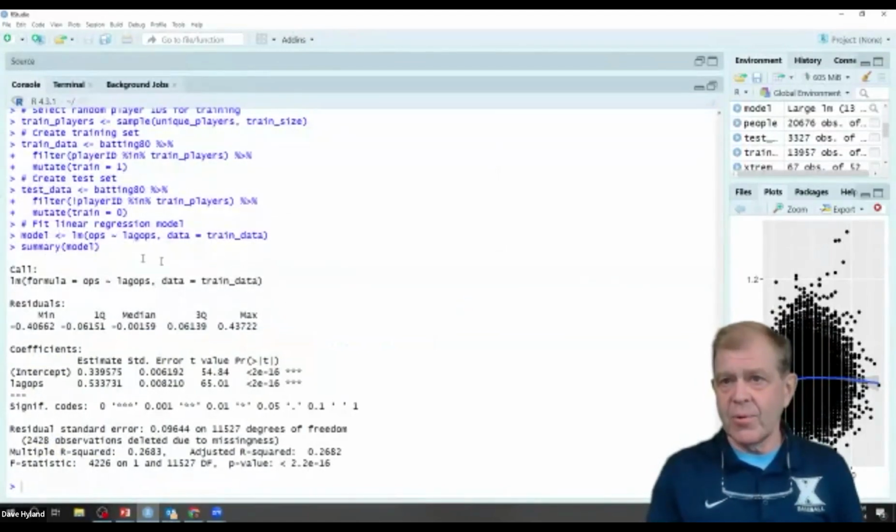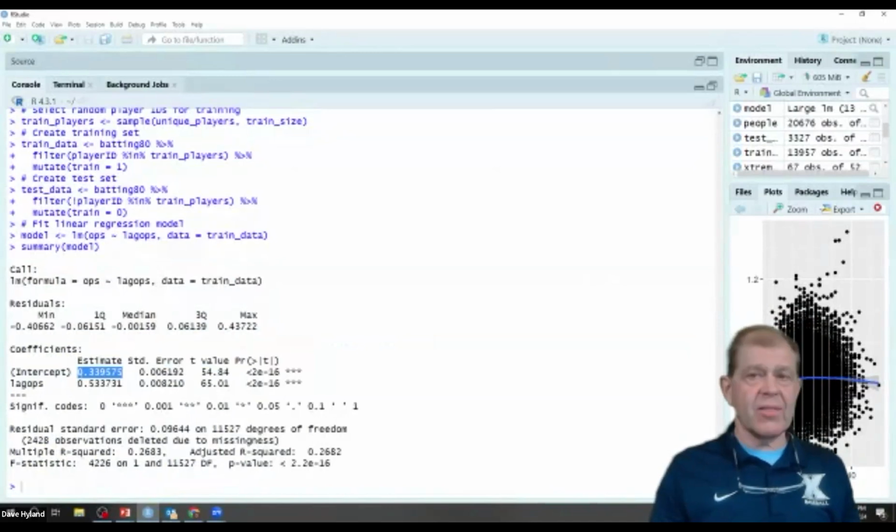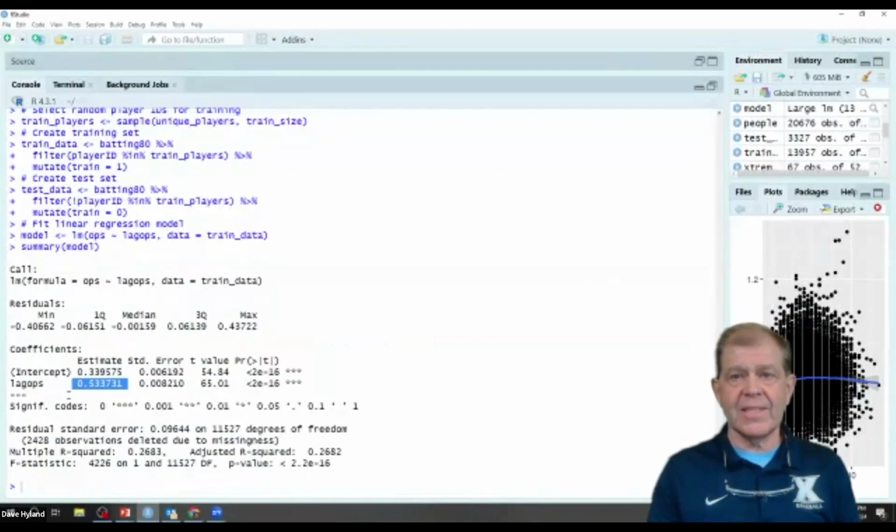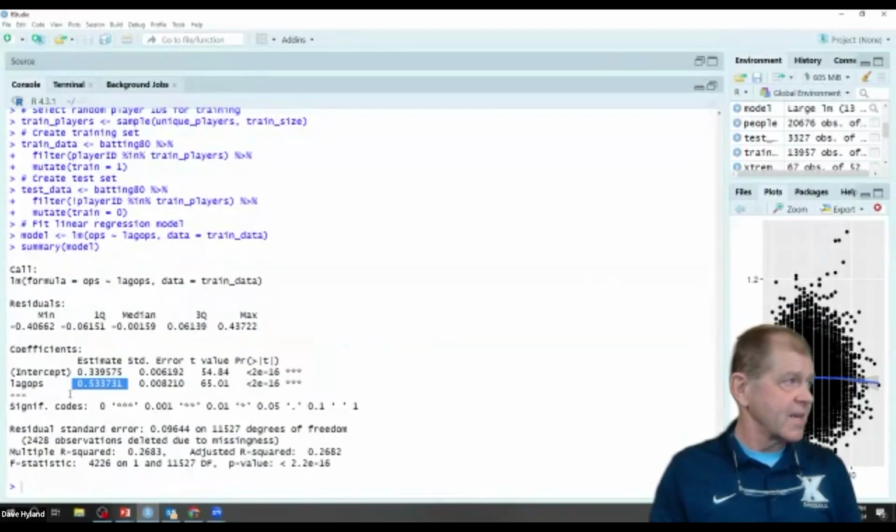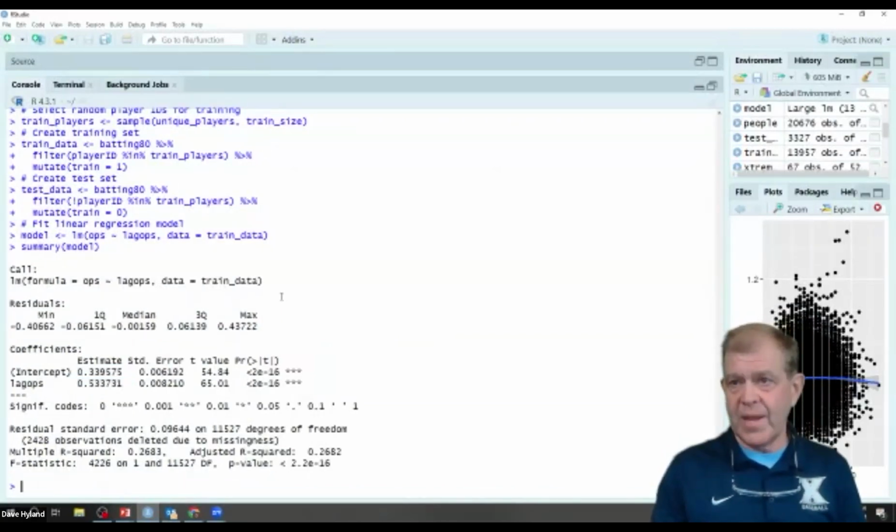So here are our results. Like I said, we're focused on our intercept. We're going to say 0.339575 plus 0.533731 times last year's OPS. That'll give us our forecast for OPS.